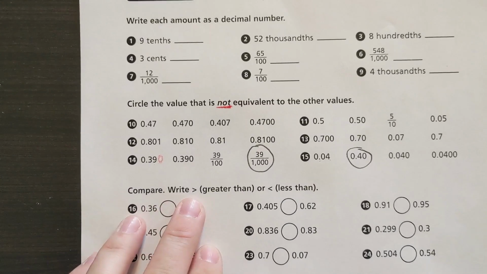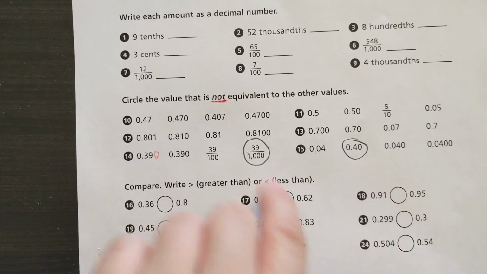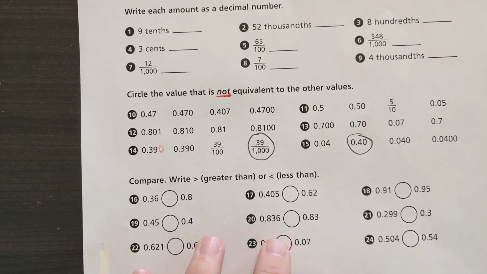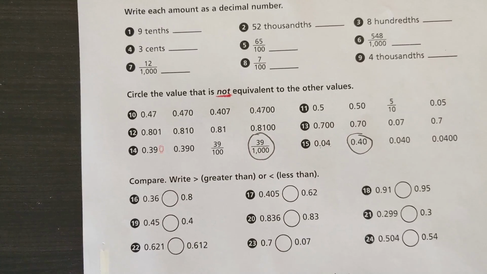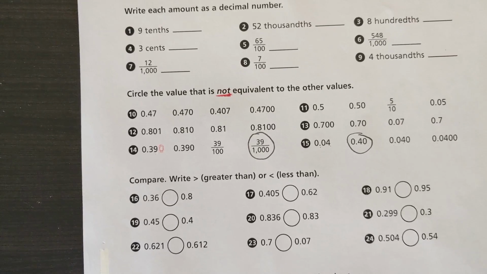You'll have to do 10 through 13 on your own. On these compare, you're going to write greater than or less than. That means none of them will be equal to. When you do these, it's pretty easy. We've done these in our journal. Let's go ahead and take a look at number